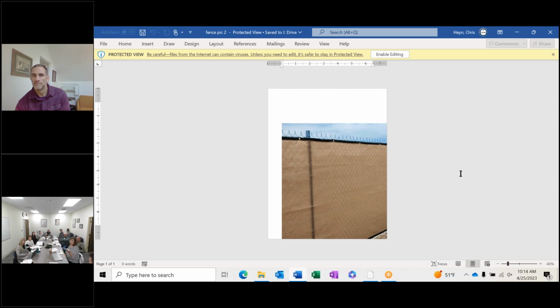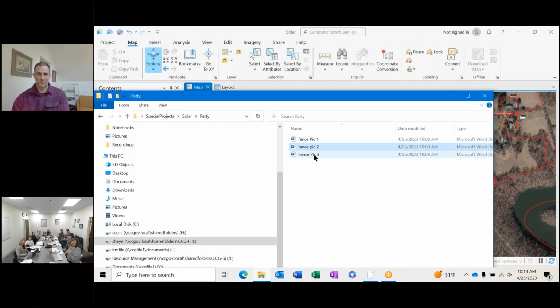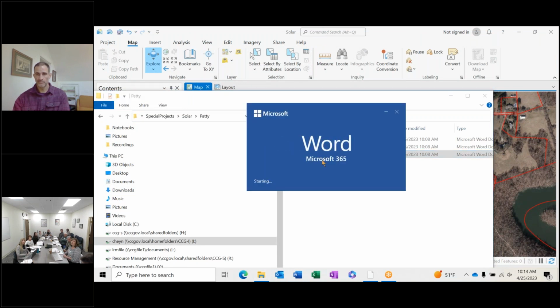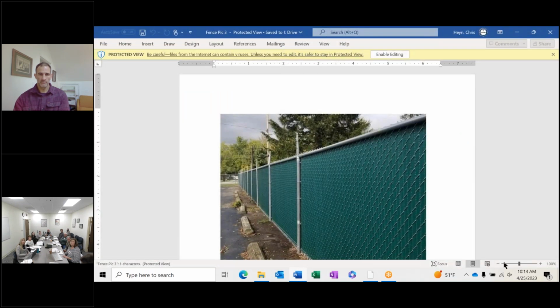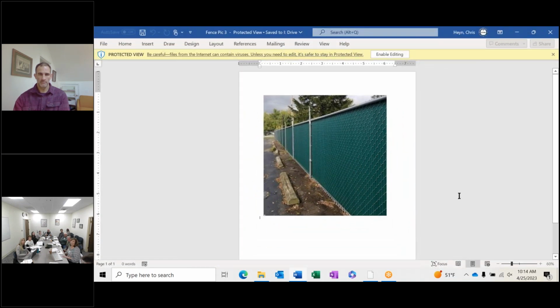But to me, this looks like a secret government facility, and I don't know if that's any better than looking at solar personally. And if you go to the next picture, these are the slats in the chain link fence, which I believe are some type of plastic. To me, that doesn't look very good. It looks like a town pool if you're wanting to screen the bathers. And I know that those slats also get broken and chipped and fade. So I like the idea of the opaque.